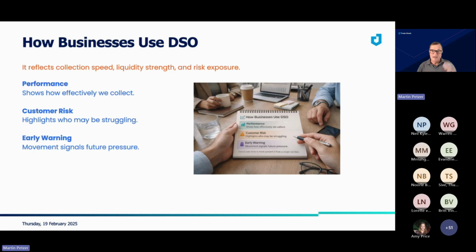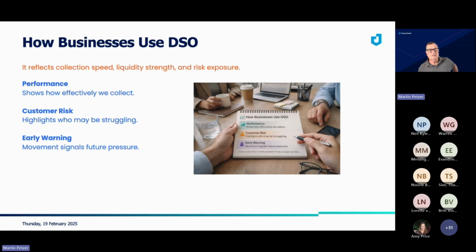Remember, I always say every month you take is probably 1% of your margin going. Now imagine if you now start putting these other things onto the pressures that you already have, you are eating into your margin again. It's costs that you have that are not always that visible, but in the end of the day you say, but we sell so much, but we don't have money. It's because you have given away your margin with all kinds of other activities that you've done to try and change someone's behavior to improve your DSO.